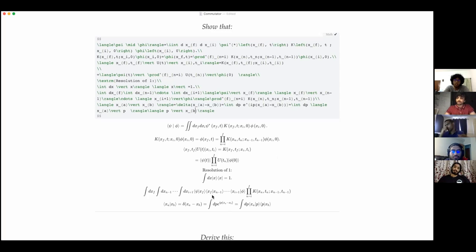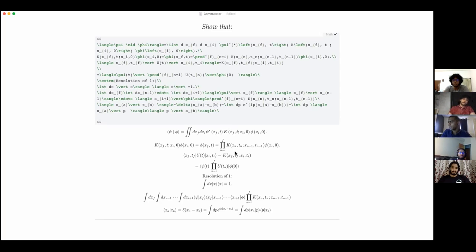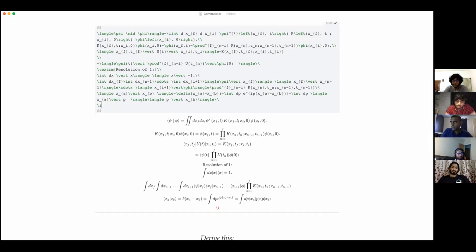So why I wrote it this way is just to impress upon you that I could transform each of these delta functions into exponentials by just inserting, again, a resolution of identity with respect to p and not just x. Right? So now, say I did this everywhere in this line. What I would then have is,